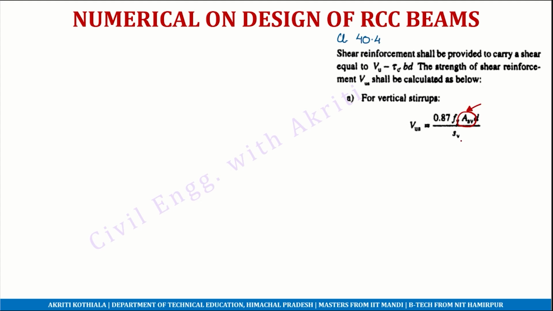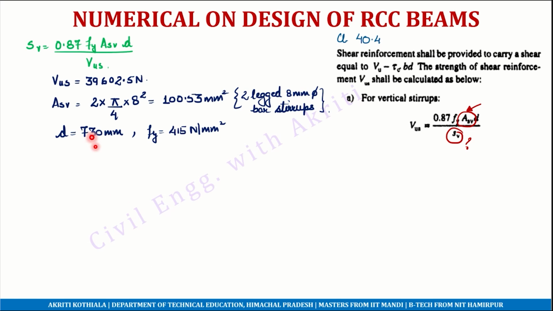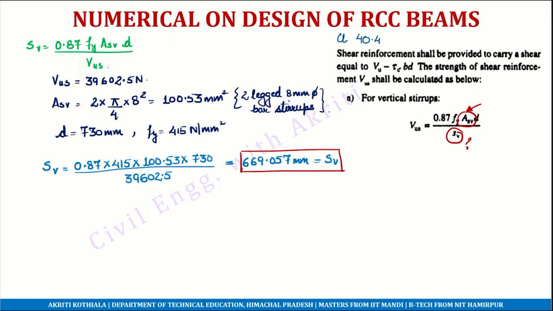So what is remaining is this SV. Rearranging this equation for SV, this SV is the distance required as per this calculation of shear force between the stirrups. So calculating, SV computes to be 669.057 mm. So the required spacing as per the shear force calculation is